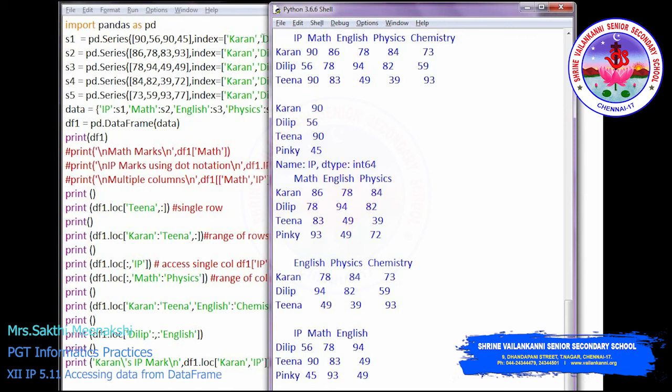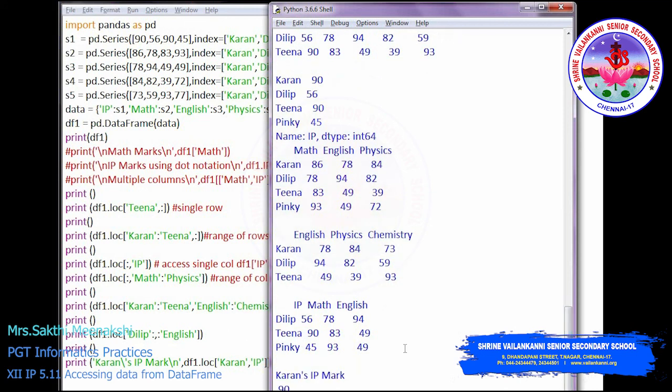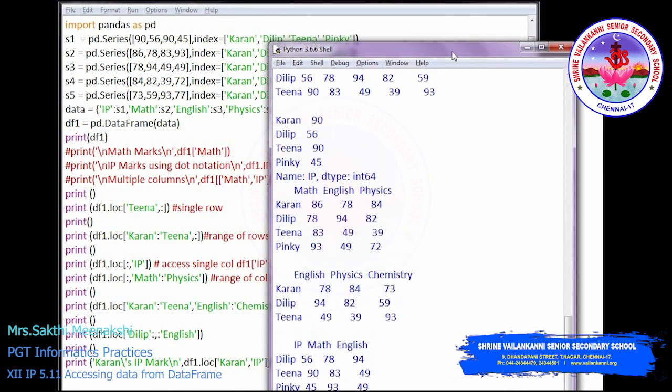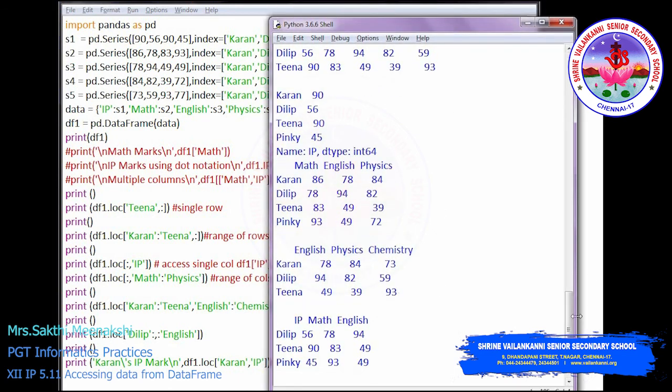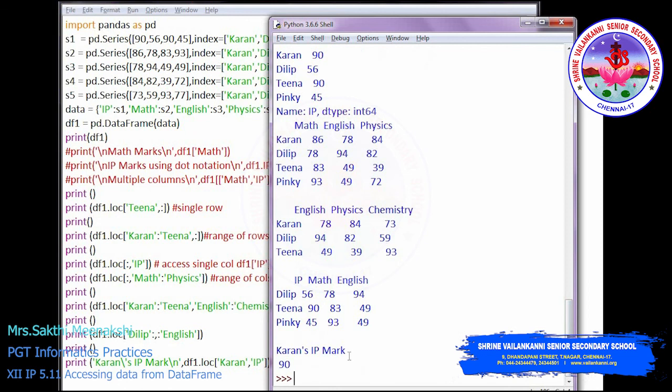Dilip is the second record and the last record is Pinky here. So Dilip to Pinky, and the marks starting from the start to English. So starting mark is IP, so IP, math, English, right? The last one is Karan's IP mark. You can get Karan's IP mark as 90.